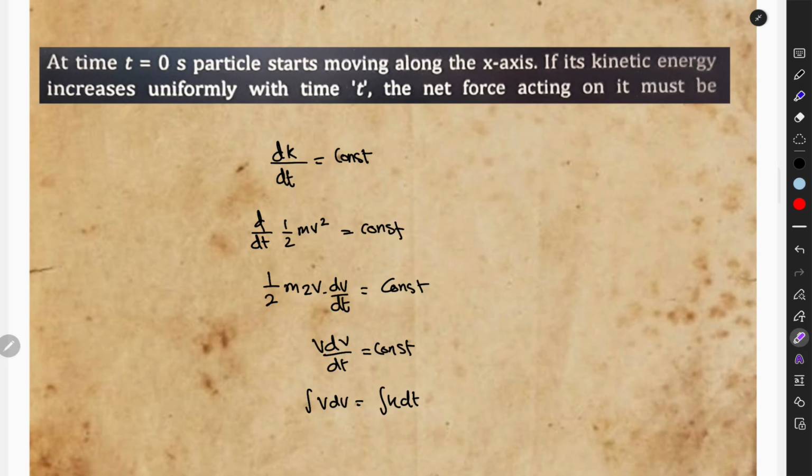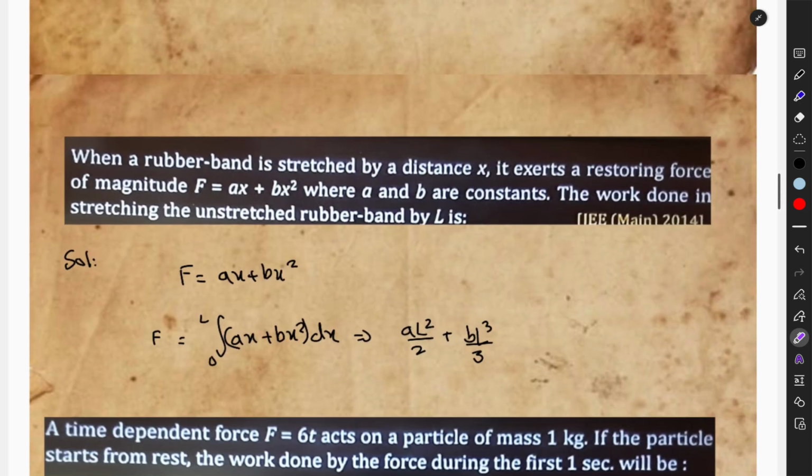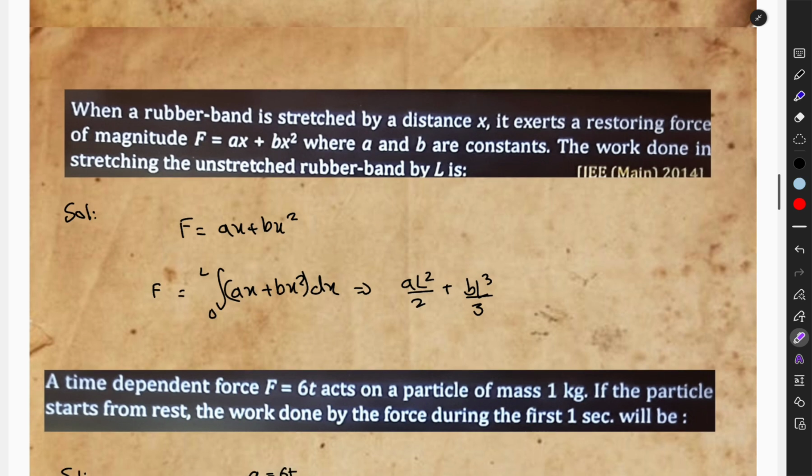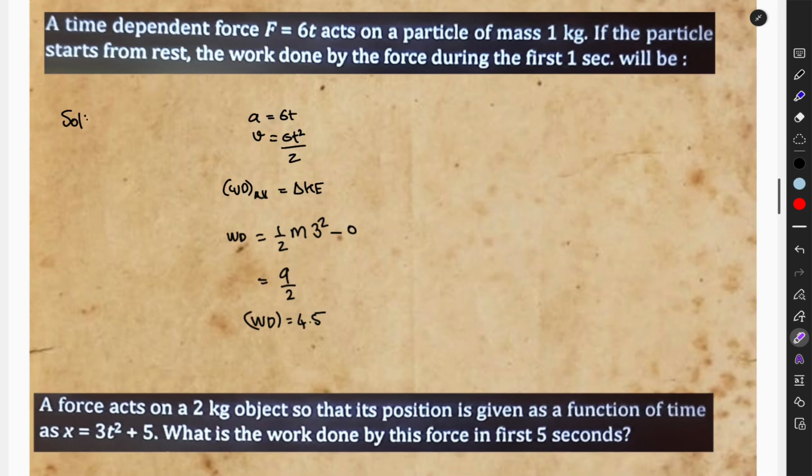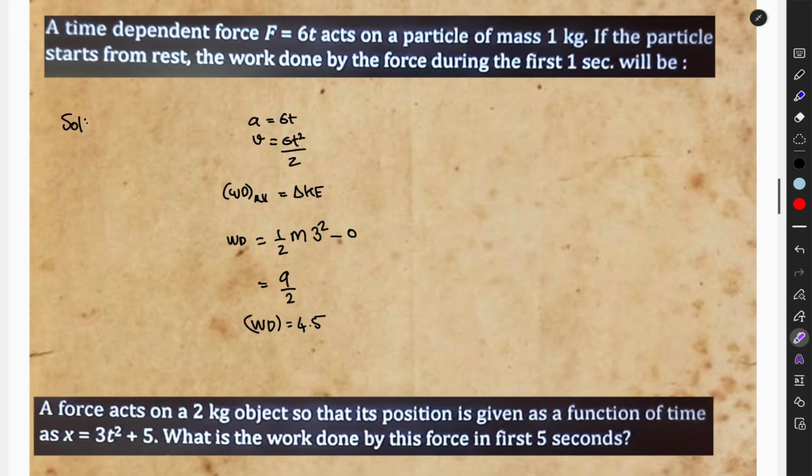What are they asking? Find the net force acting, if the kinetic energy increases uniformly with time t. Okay, they're asking the net force, which means you need to find the acceleration of that, right? So the next is another question. We have a lot of questions. Just try to solve it by yourself,